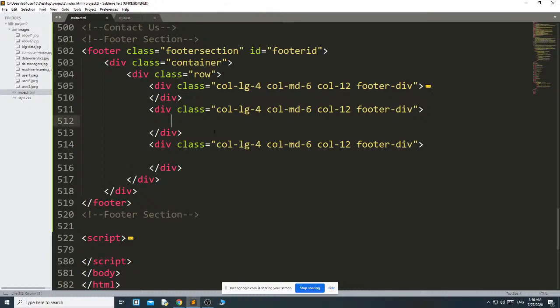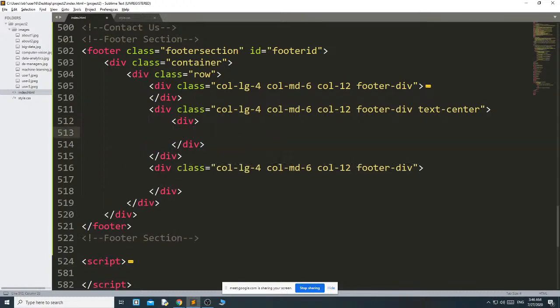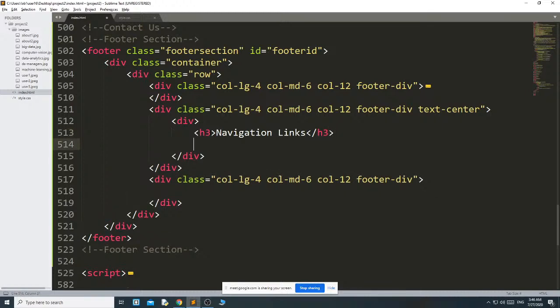Then in the second column everything I want in text center. Then simply I use text center, and here create one div, then H3 navigation links. Simply here I am going to give the navigation links. The first one is home, I use the caps letter, copy.